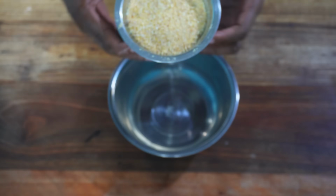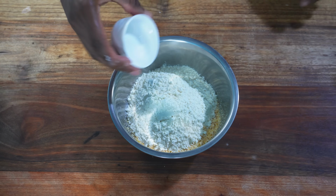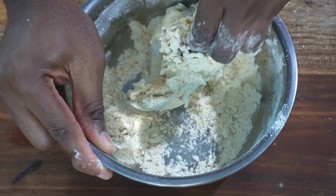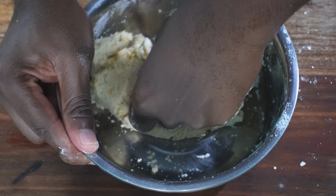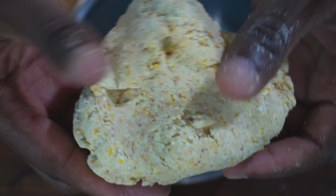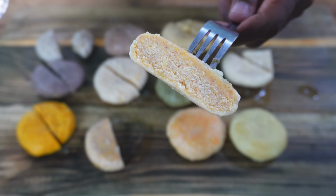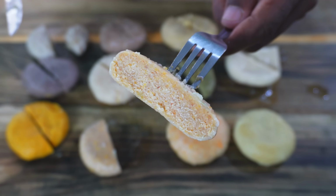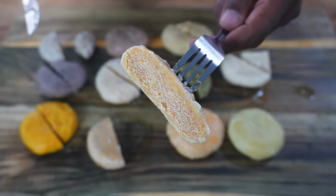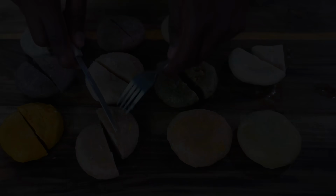Just like with the cornmeal dumpling, I'm going to use a cup of grated corn to a cup of flour. Kneading is the same simple process and yields this coarse, rough dough that I will allow to rest before shaping and boiling. Corn dumplings have an amazing texture and you'll get all that intense sweet corn flavor packed into every bite. Corn dumplings are a fantastic source of fiber,